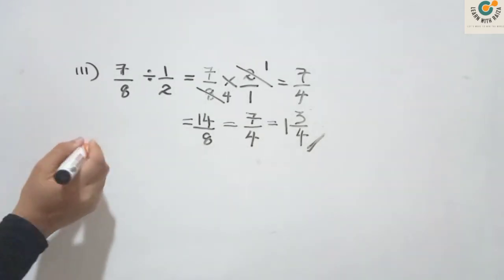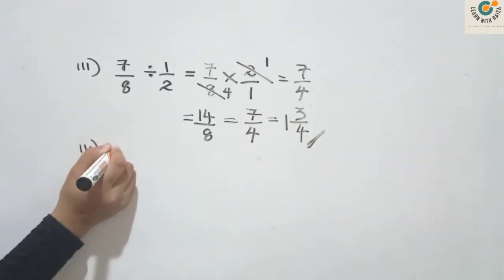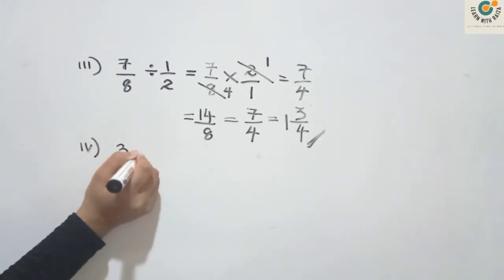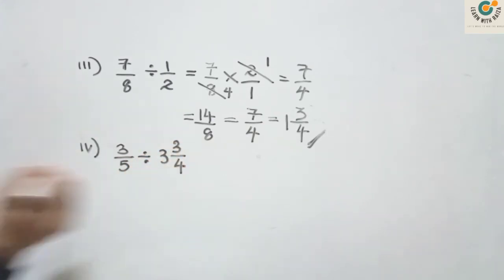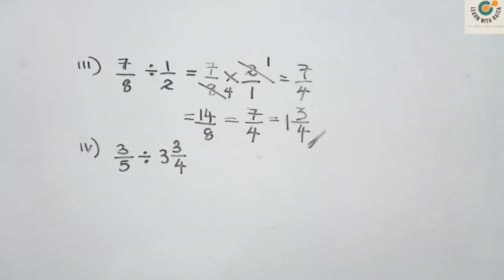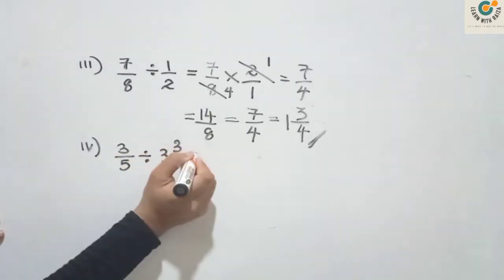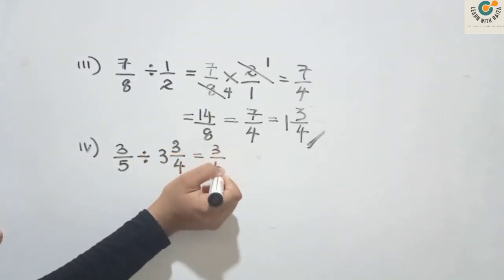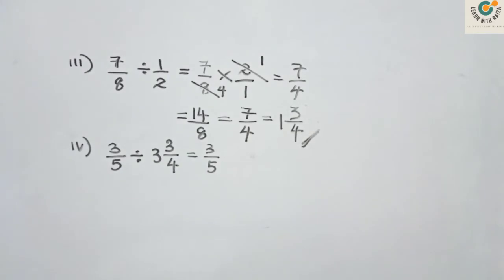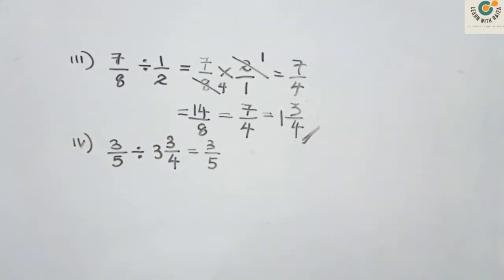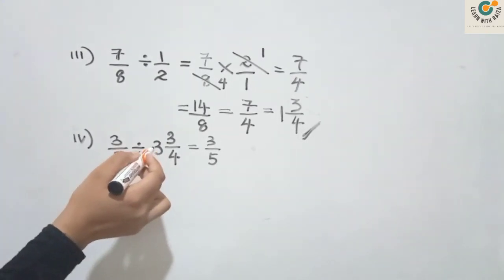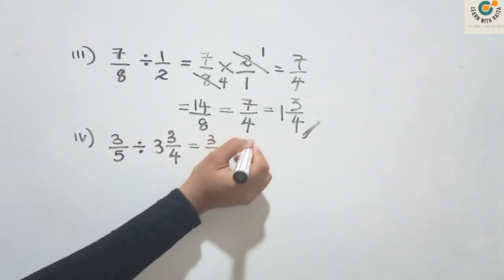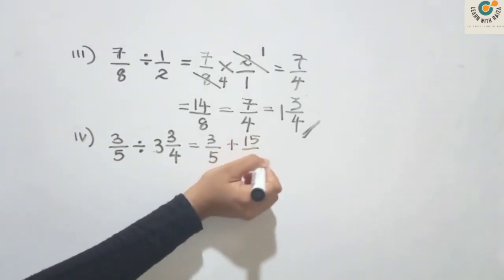Now next example I'll teach you how to divide a fraction by a mixed fraction. This is very simple. When you are given this kind of an example, what you have to do is keep the first fraction as it is, since it is already normal. But this mixed fraction you can't keep as it is. You should convert it into an improper fraction. 4 multiplied by 3 is 12. 12 plus 3, 15. That comes upon 4.